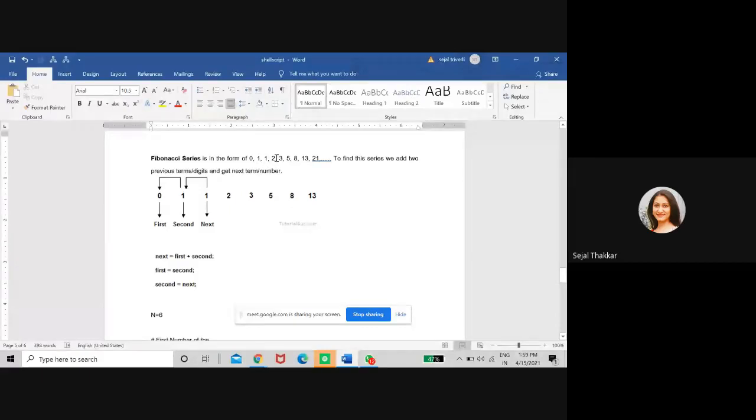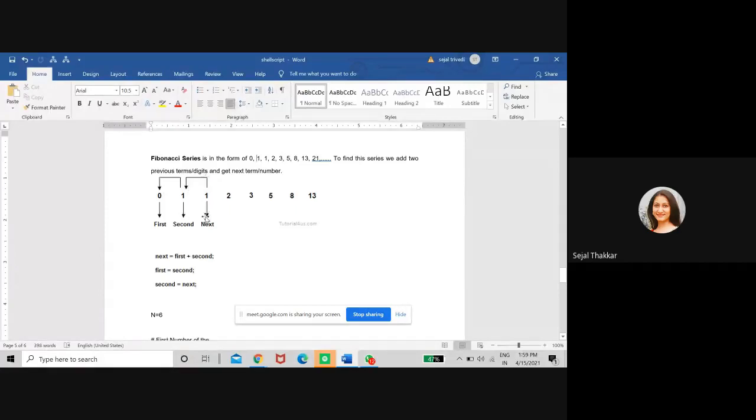So 0 is the first number, 1 is the second number, and then we have the next number. Next is equal to first plus second. First and second are the default numbers 0 and 1, so 0 plus 1 gives the next number, 1.